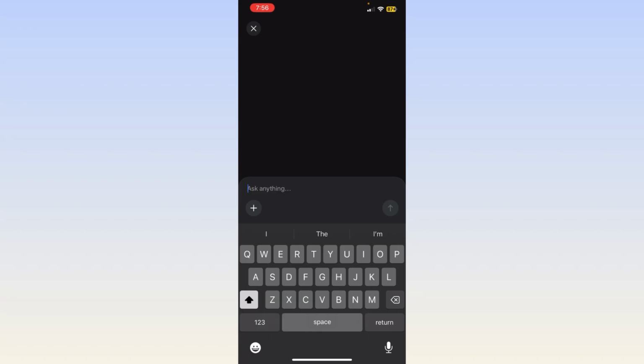So once you do it, simply send it, and yeah, you will be able to create your storyboard in Meta AI successfully. So basically this is how, and this will be the process to create or make your storyboard in